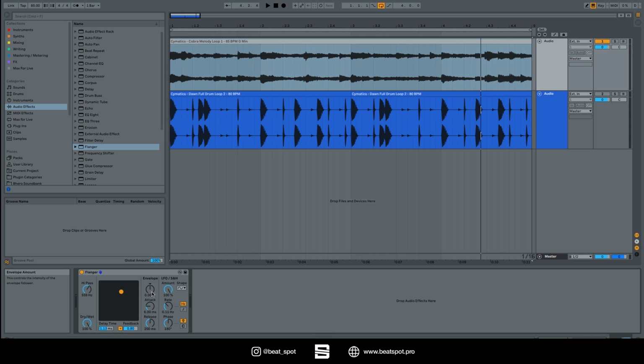Then we have the envelope and the attack time and the release time. If we keep the envelope at 0, these aren't working at all. If we turn them up or down,